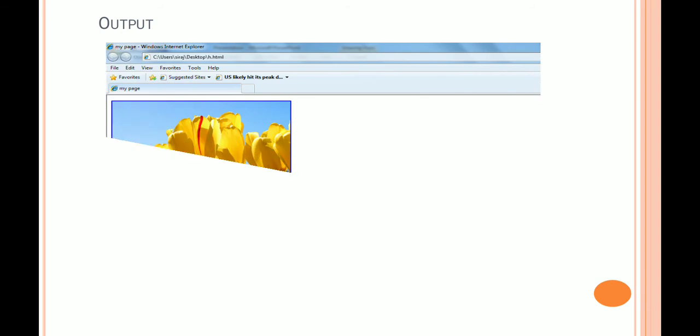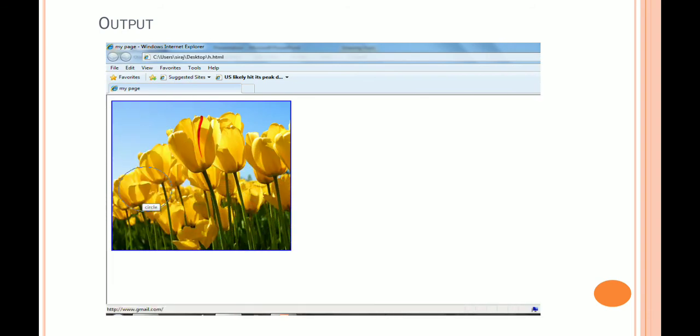We'll see the output of the client-side image map. Here we already created a web page for the client-side image map. We inserted one image. On that image you can see a dotted-line rectangular shape. Whenever the user clicks on this shape, it will get connected with a particular web page. Another shape which we drew is a circle; you can see the dotted-line circle. Whenever the user clicks on this circle shape, it will get connected with a particular web page. We'll see the code for this output.